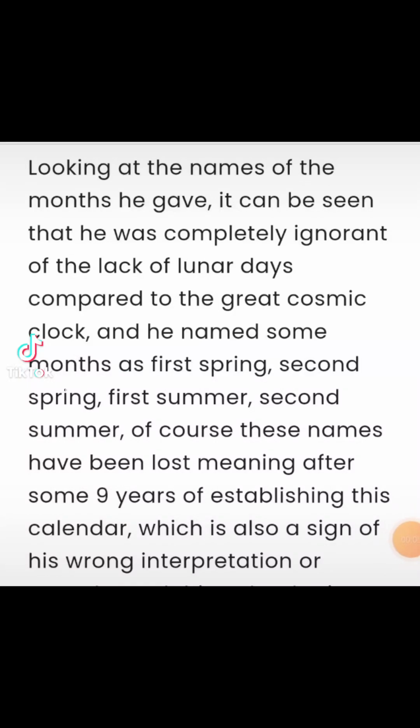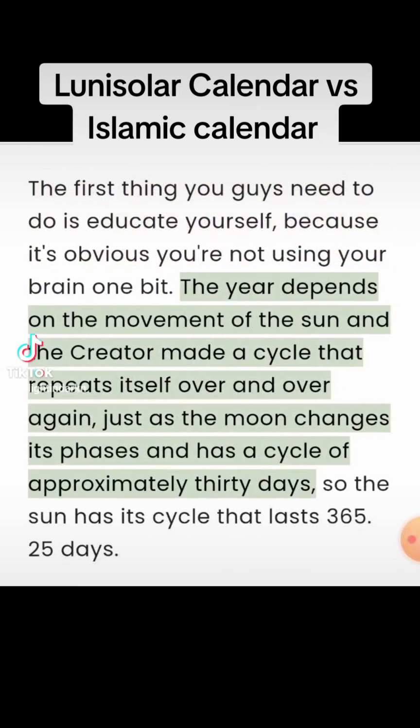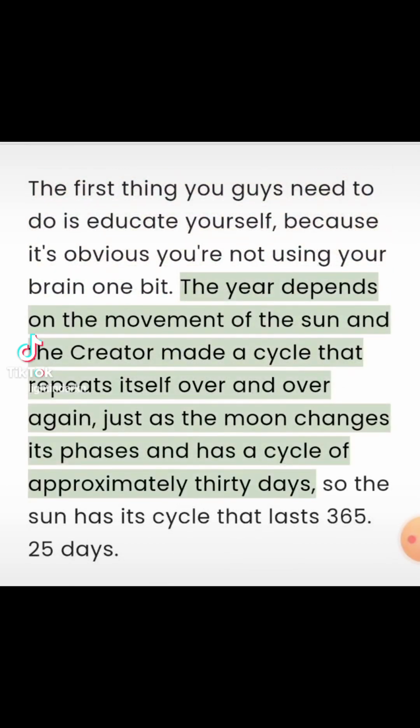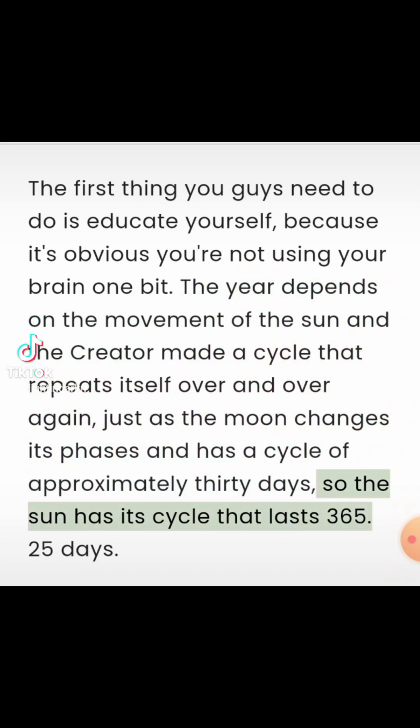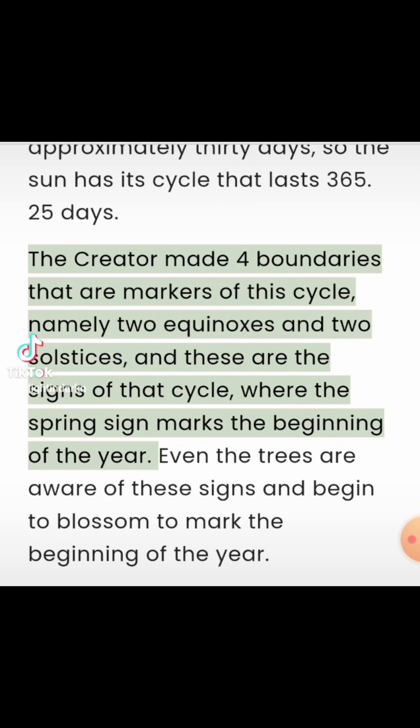The first thing you guys need to do is educate yourself, because it's obvious you're not using your brain one bit. The year depends on the movement of the sun, and the Creator made a cycle that repeats itself over and over again, just as the moon changes its phases and has a cycle of approximately 30 days. So the sun has its cycle that lasts 365.25 days. The Creator made 4 boundaries that are markers of this cycle, namely 2 equinoxes and 2 solstices, and